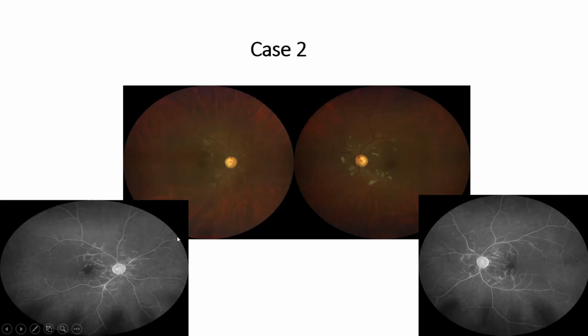area, and she had extensive areas of non-perfusion beyond the equator and near the macula. So this shows that the macula was being involved, and she had extensive areas of capillary non-perfusion. So we had to change her line of treatment. And if left untreated, it would have led to a painful blind eye.